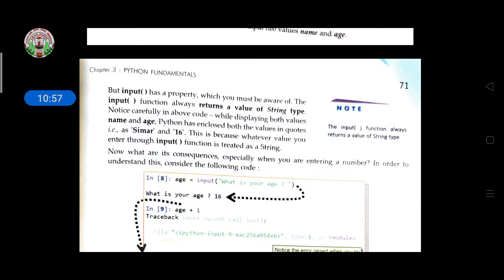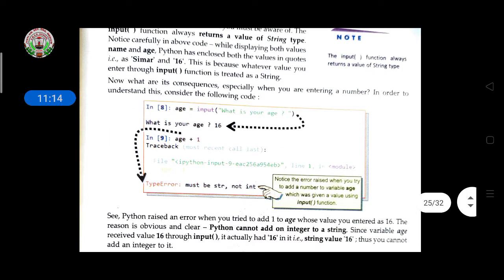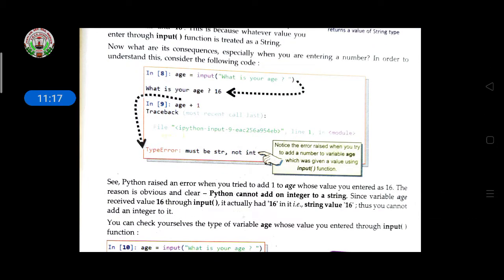So why have we written a single quote around 16? Because we are giving an instruction to the input function to consider 16 as a string. Then afterwards the string returns the value like this. Here one question is given: 16 is an integer value, but a string and an integer value should not be worked together. It shows an error.